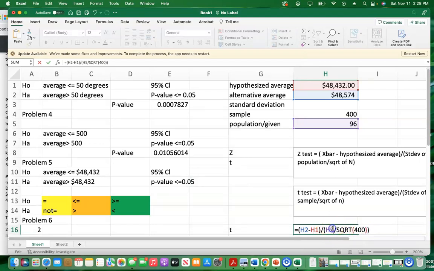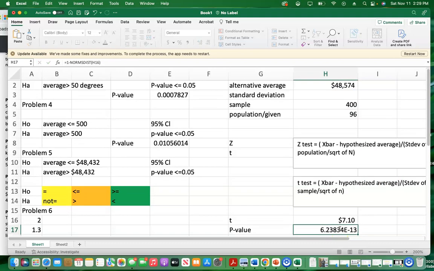And then the standard deviation, in this case, we're going to use H4, not H5. So I'm going to put H4 there so that we focus on H4. That is the sample standard deviation, and everything remains the same. So if you enter, then the t-value is